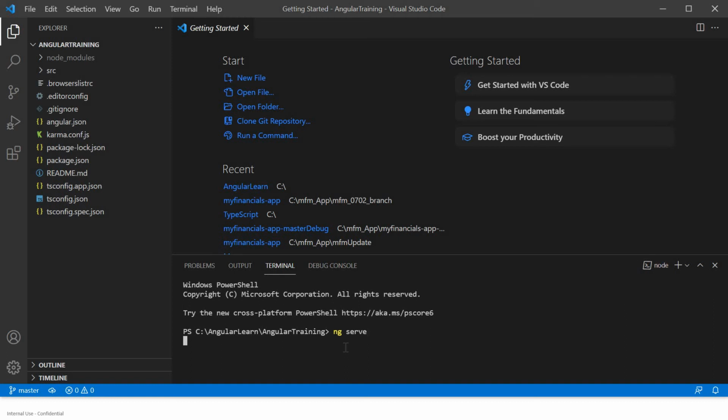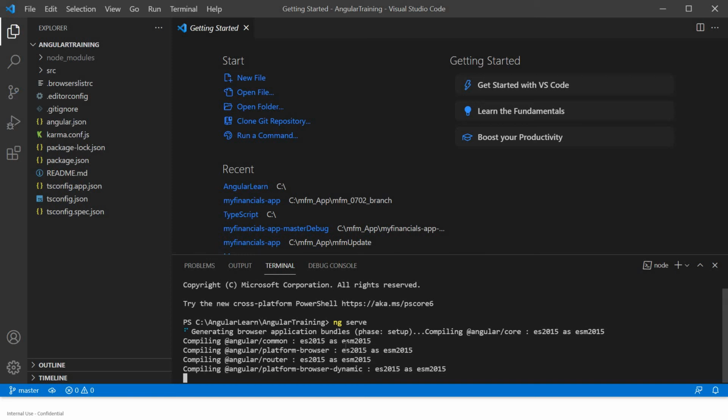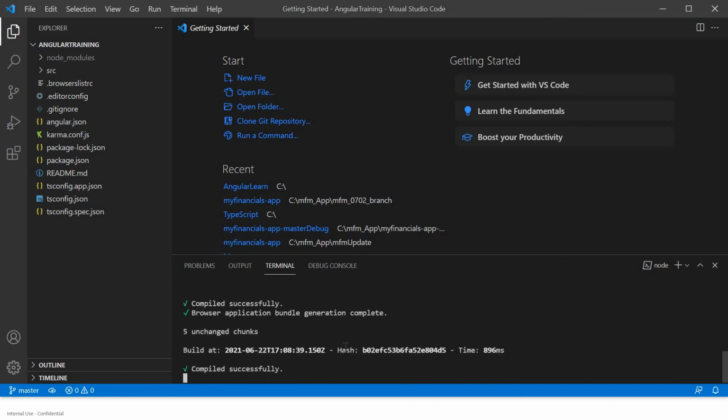So if we do ng serve, it will run your application in your local server, and it will give you the port number on which it is running. That particular port number along with localhost, if you hit together in a browser, you will see your application running there. We'll see that shortly. Let's wait for this. Basically this process involves compilation of all these TS files, TypeScript files. If you guys want to learn about TypeScript, I have a separate video series on my channel. You can go and check it out, and that will be really useful.